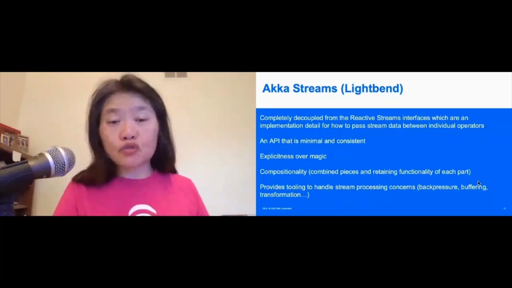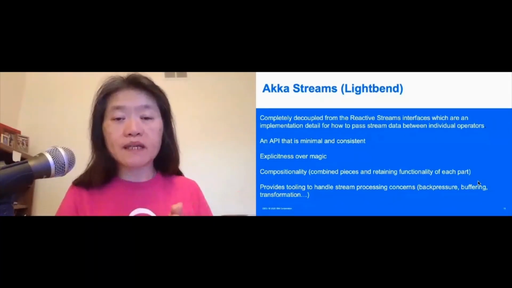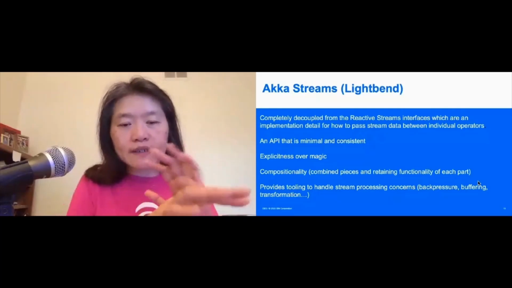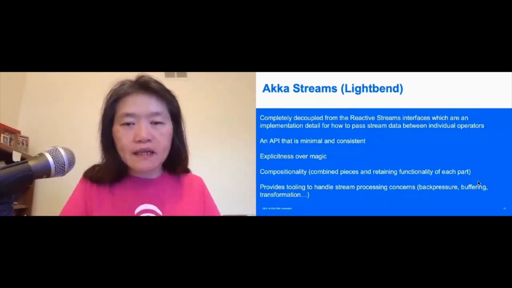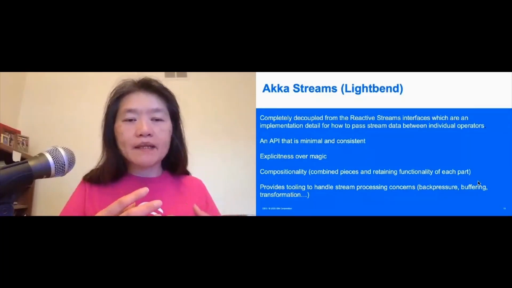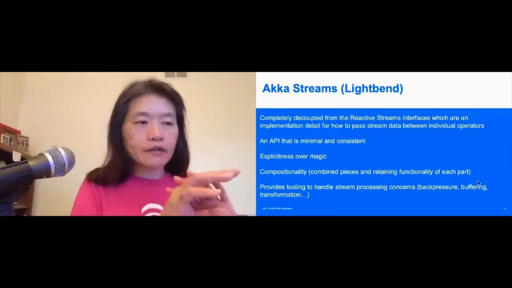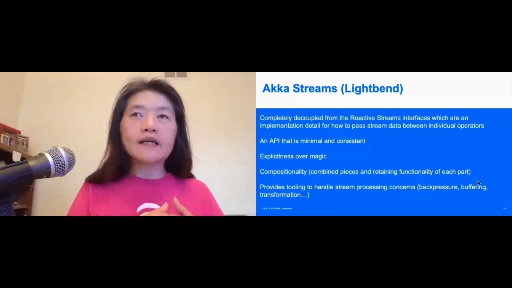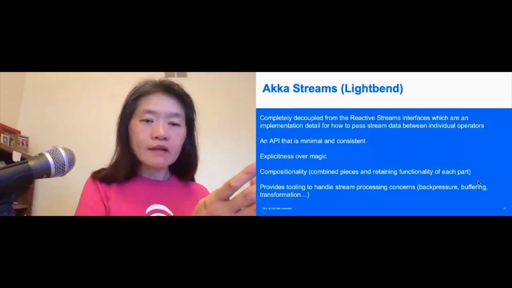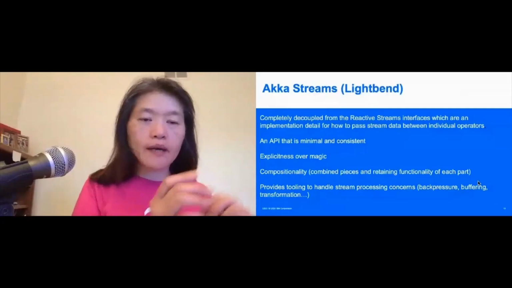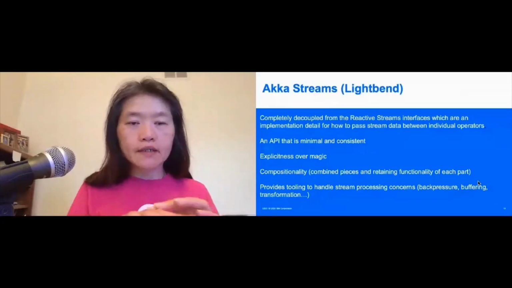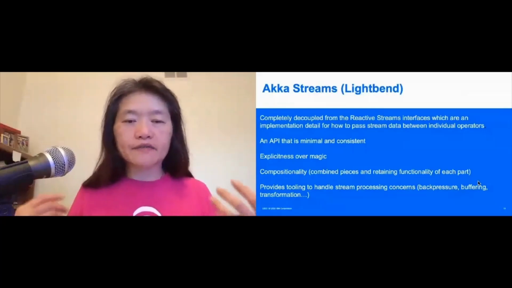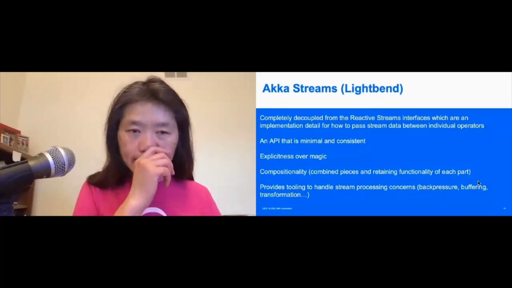And Akka Streams as such implements the Reactive Streams interface, but it's actually decoupled from that. It still implements Reactive Streams underneath the hood. But the thing is, it has its own way of defining your source and your destination. For example, in your pipeline, you have your data, the flow, and then it flows through your process and goes into a sink, right? And it collects all the data. If it fills up, then that's when data will be ready, kind of thing.